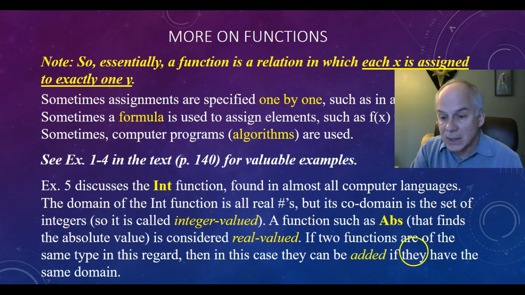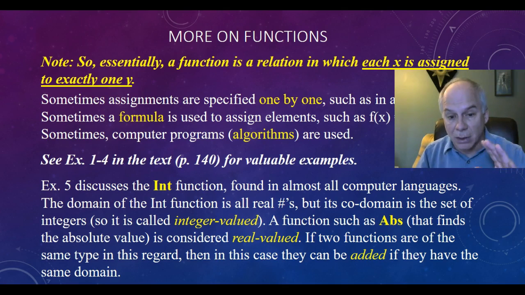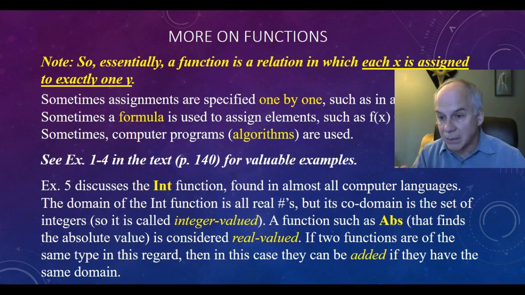Now, a function such as ABS, or absolute value, is considered real valued. That means we can get real numbers out of it. You can't get negatives from the absolute value, but you can get real numbers. In other words, fractions and decimals and square roots, not just integers. If you just get an integer, we call it integer valued. But if you can get fractions and decimals and square roots and integers and any number, then we call it